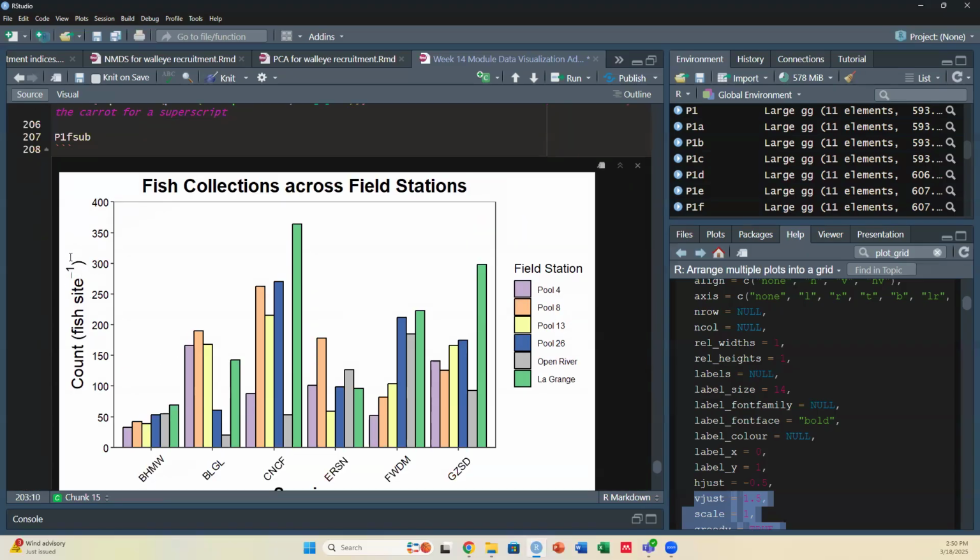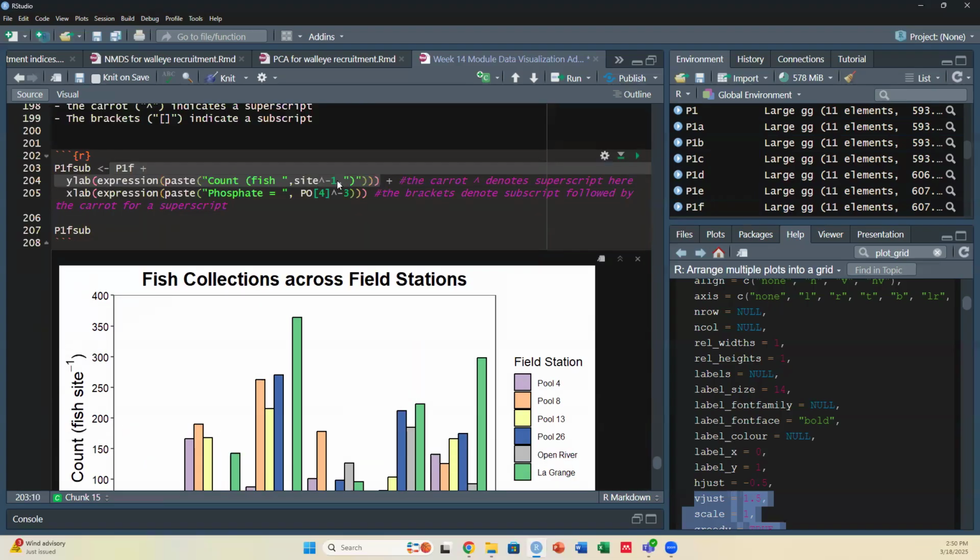So that's just how to do a superscript. Anything that comes after the caret before the comma will be a superscript. The X lab, we want to do an expression, and we want to paste. Species is, this phosphate has nothing to do with this figure, but as an example of using chemical formulas in